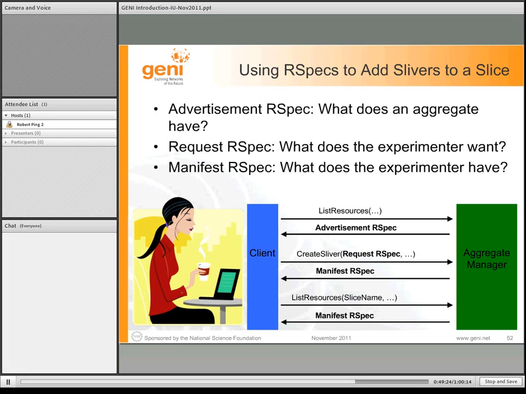Use model that someone would go through. The use model is when you're ready to run the experiment, you go get the resources. There are control frameworks like ORCA, for example, which has this notion of not yet